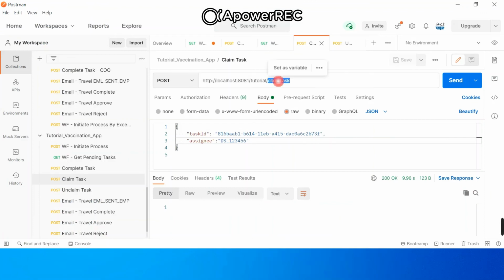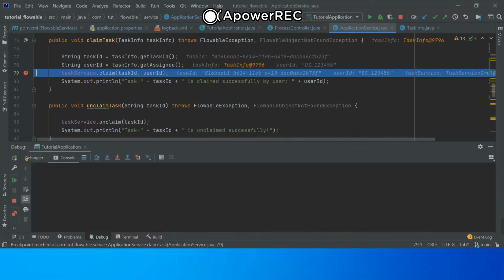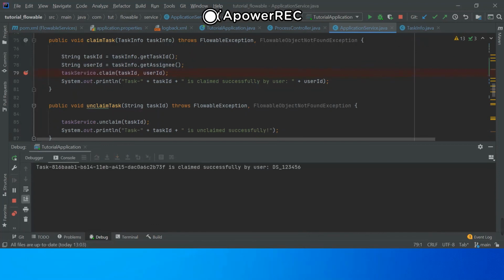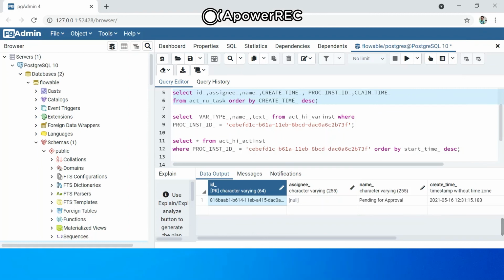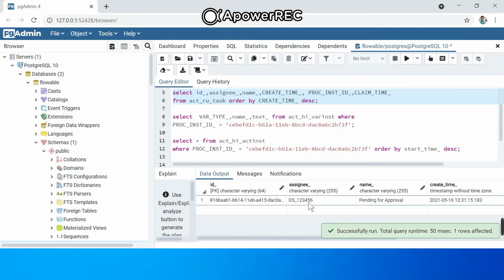So this is the claim task where we are giving this task ID and one user, ds_12345. If we click here, we have a debugger. Let me pass it. So we have this output created. This task is claimed successfully by this user ID, and we have a 200 OK response. And if we go and check, this task has been assigned to this user as assignee